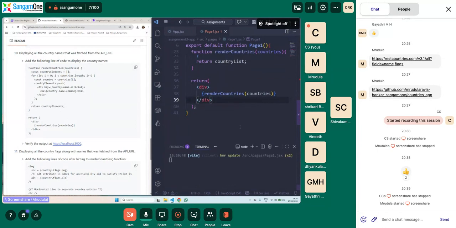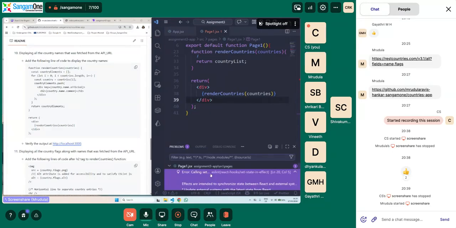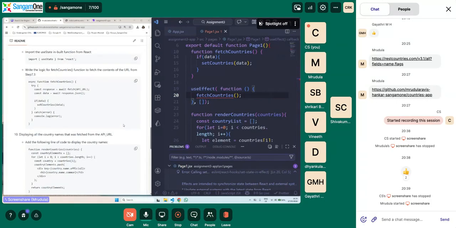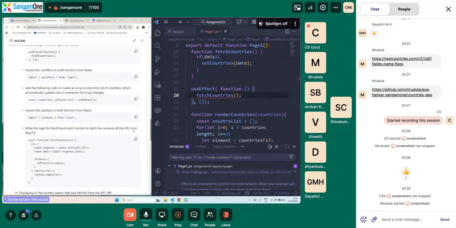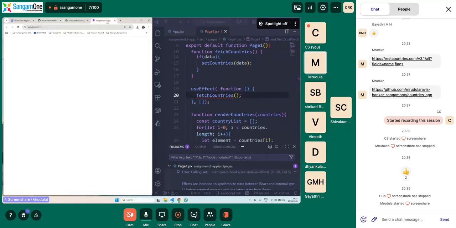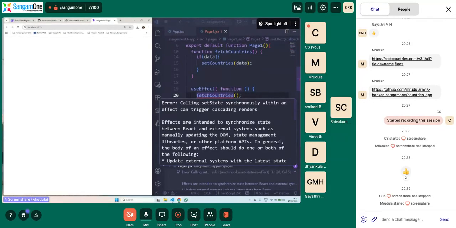Yeah, so now you can see there is still a problem. We will come back to this. Why is this issue? We will just see if anything is displayed here. No. Okay.